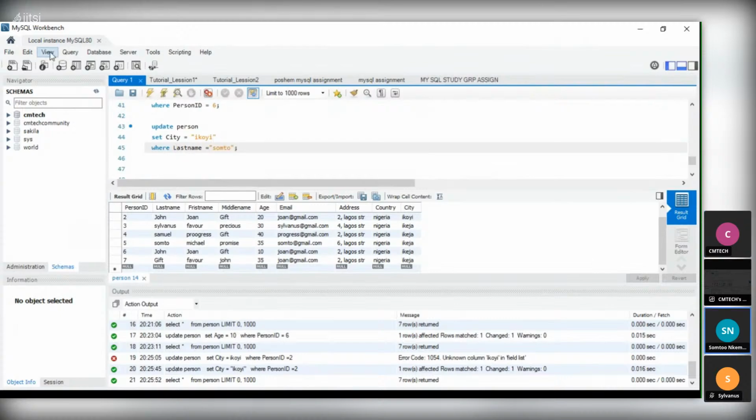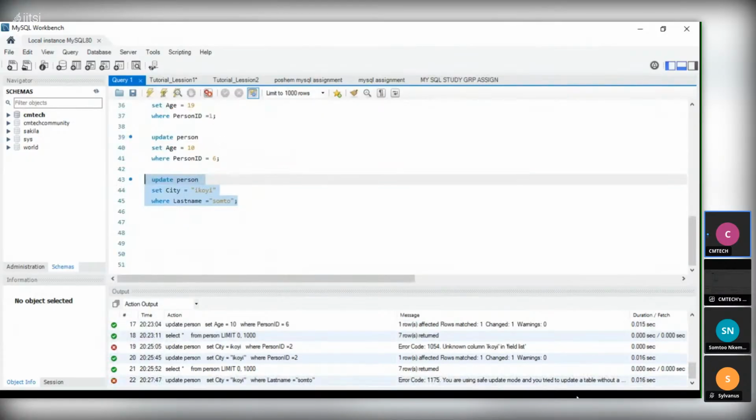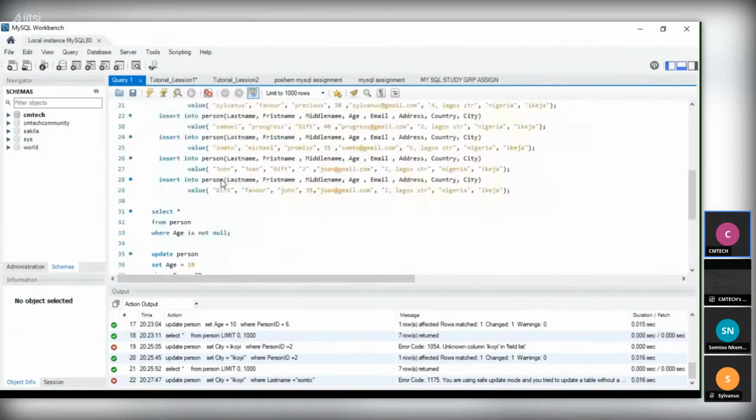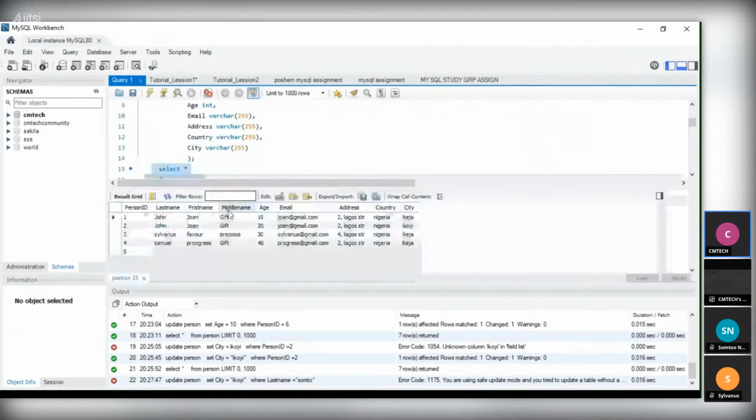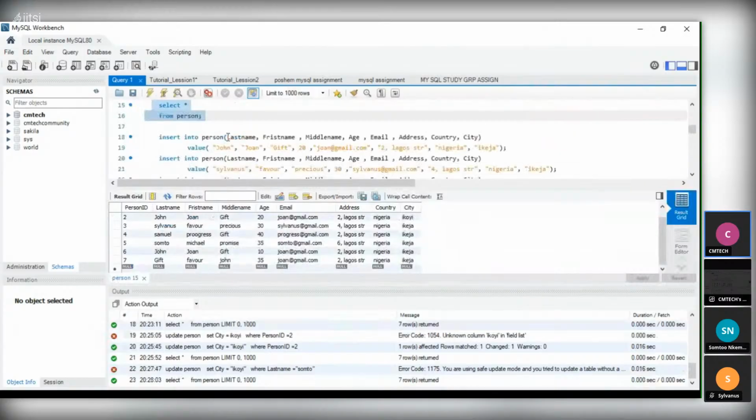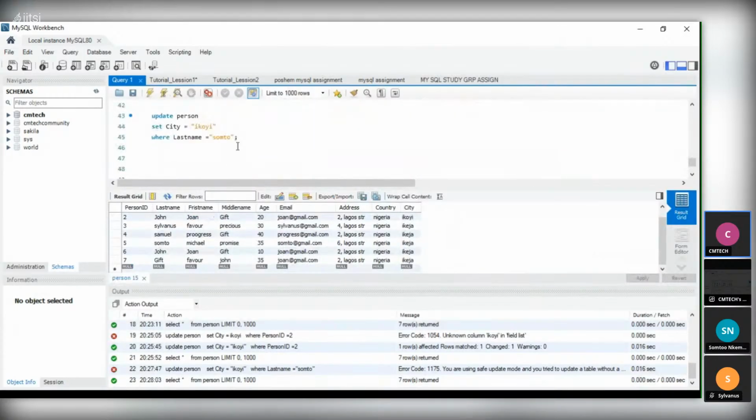Okay, now when I run it, it will update the column. Let's see this. Where last name is equal to Sonto. Let's see my errors. So where last name is equal to Sonto, and it gave me an error.